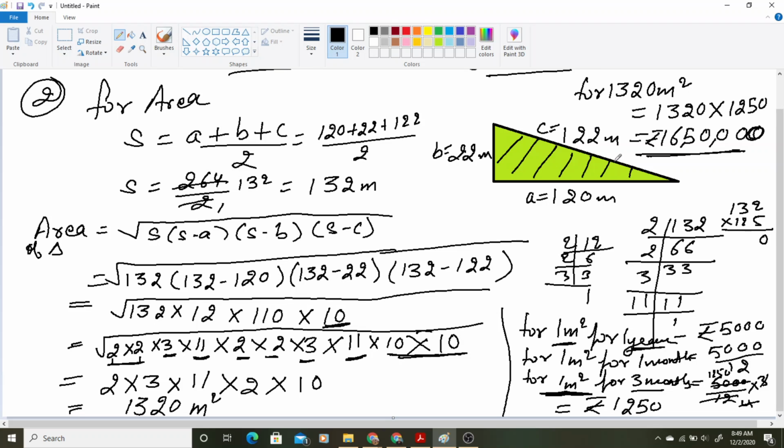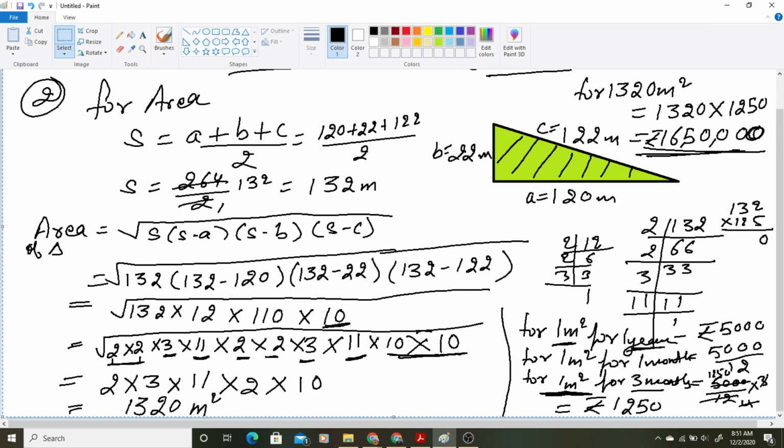3 months के लिए अगर वो हायर करते हैं, you know what, तुम लोग सोचते होंगे कि ये जो रोड पे लगा देते हैं ना बैनर्स, ये कभी फ्री में नहीं लगते. For that the advertisement company has to pay, किसको किया जाता है, to the MCDs and to the department who is owning the wall, उनको पे किया जाता है. So you can see if they are posting their banner on this one, अगर वो अपना बैनर इस एरिया पे लगाते हैं, they will be paying 16,50,000 rupees only for 3 months. 3 months के लिए उनको इतने रुपए पे करने पड़ेंगे. So ये चीज़ें फ्री में नहीं लगती. And you should know how to find the area, how to calculate the amount.